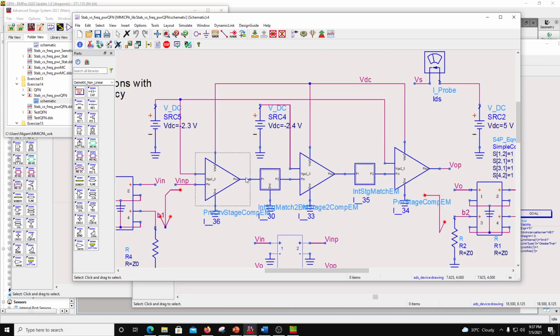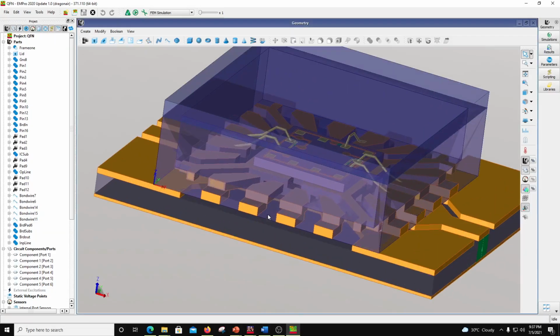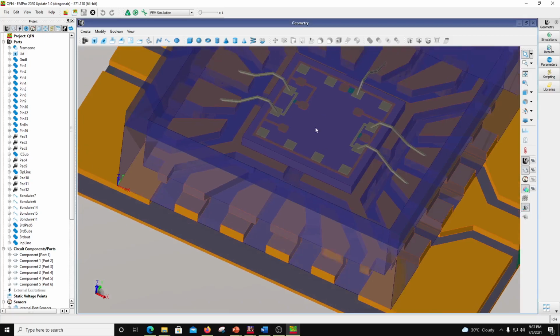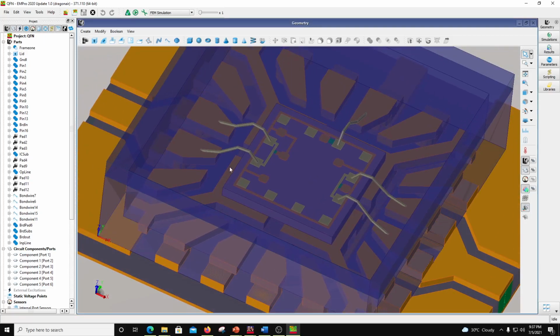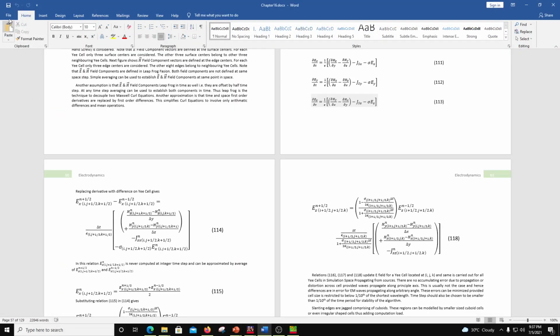And then there are 3 stages here: pre-driver stage, driver stage, and power stage, right? And I will talk about stability when it comes to 3 stage. A lot depends on what's happening between the power stage and the pre-driver stage. So that's the bias or bias decoupling becomes important when you put 3 stages in an IC. Now what that IC which I showed you over here is sitting inside here in this box, which you see this one. And if you want to see what it exactly looks like, okay, so file,